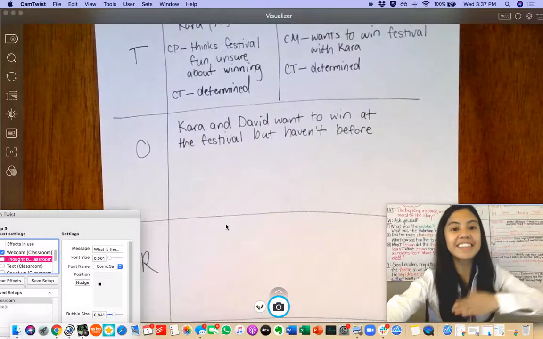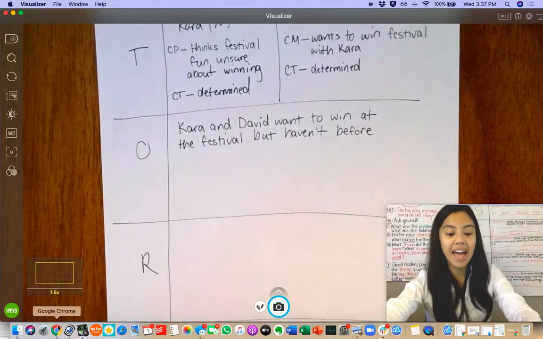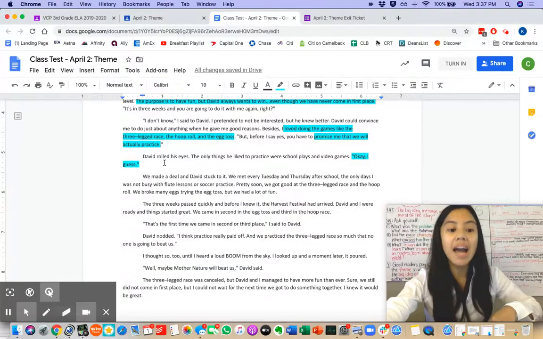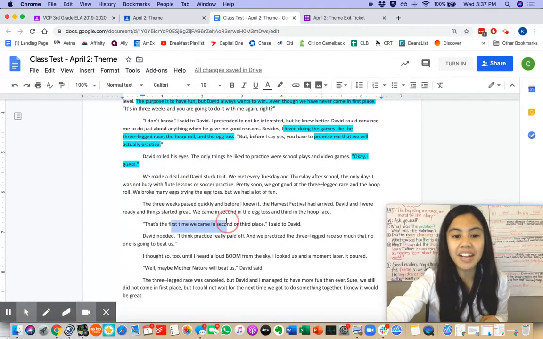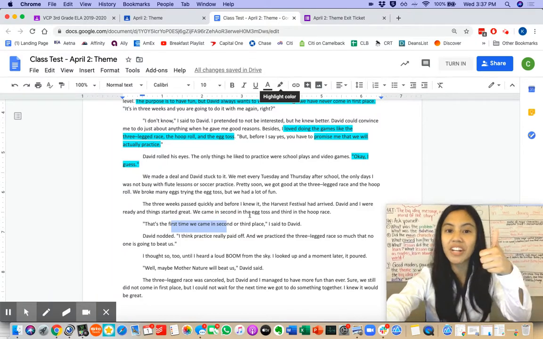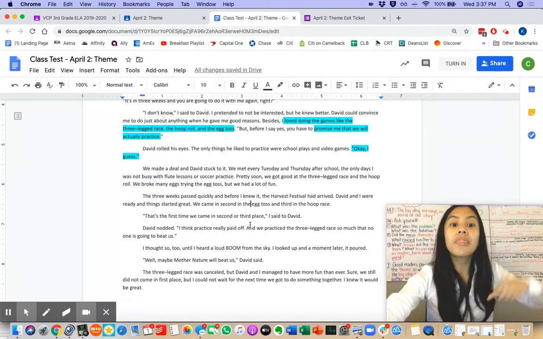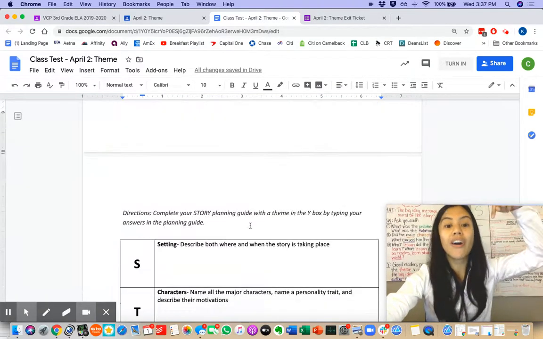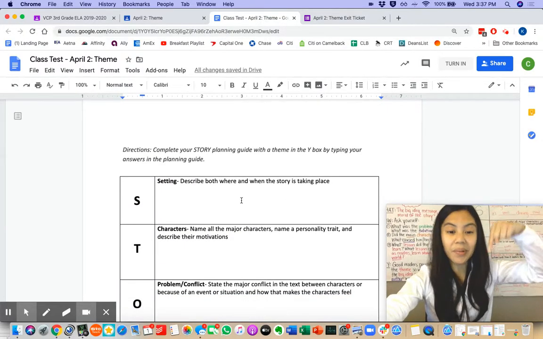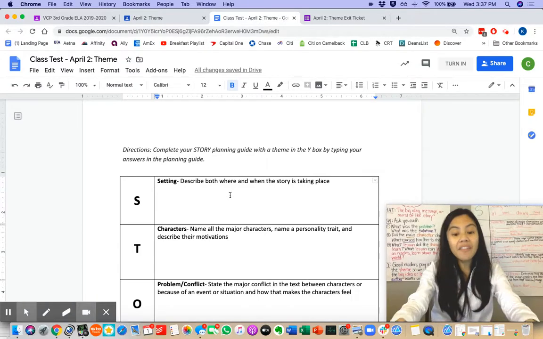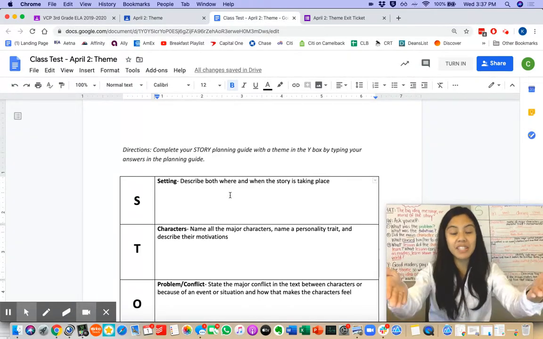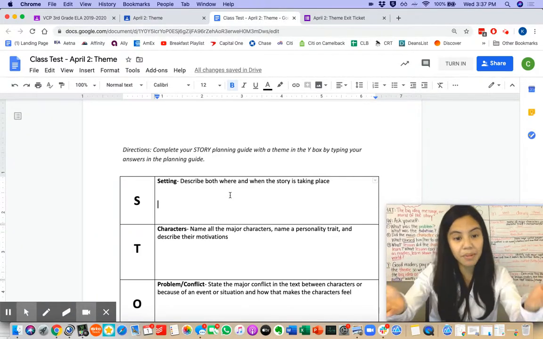Scholars, let's review what we'll do after we finish our story. You will highlight your evidence in your favorite color, then scroll all the way down and write your evidence from your written planner into your STORY online planner.